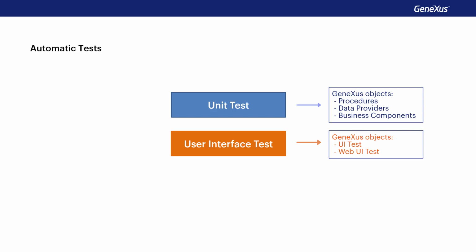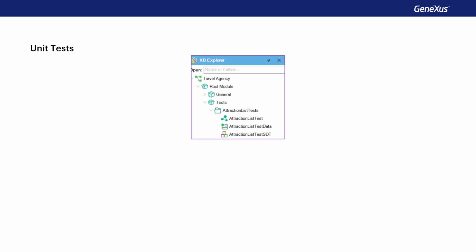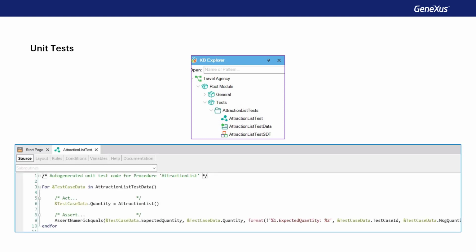For this purpose, there are UI test objects for mobile interfaces and web UI test objects for web interfaces. We'll focus on unit tests without an interface using the unit test object. It's a new type of object in our KB that's a special Genexus procedure. This means that Genexus code can be written inside it to test objects with different data and validations.